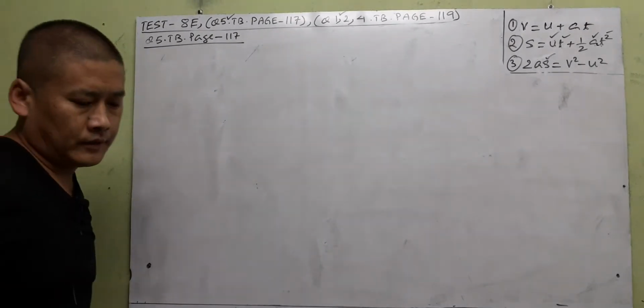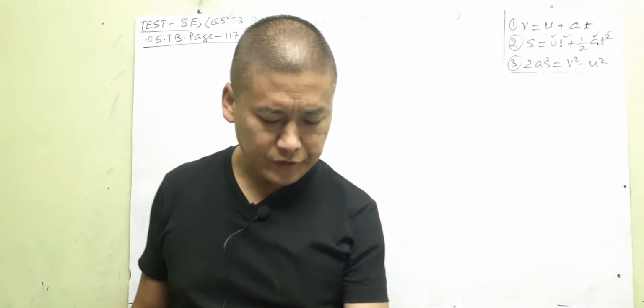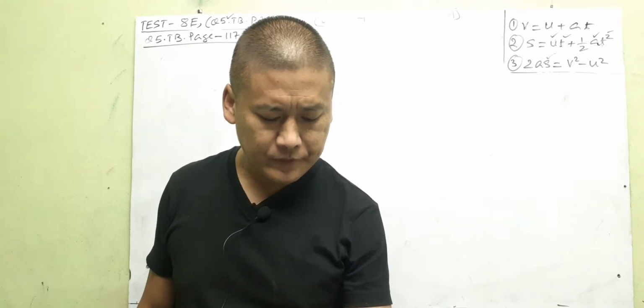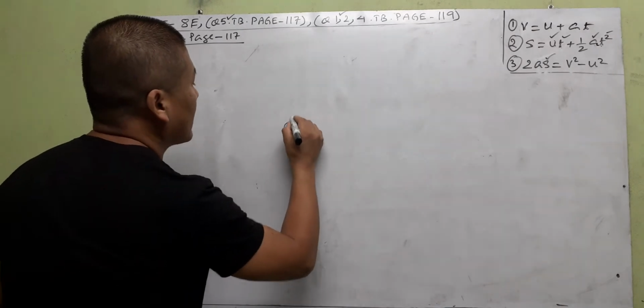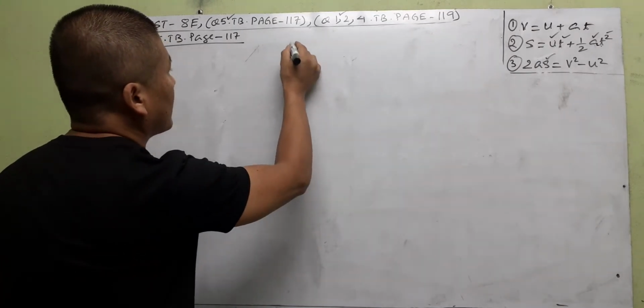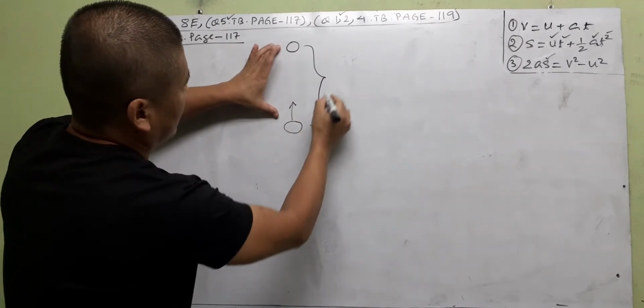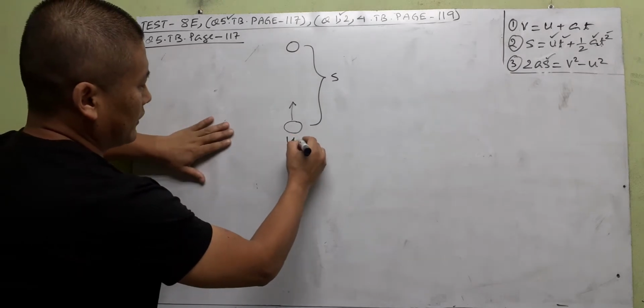Okay, so let's go and read the question. Let me read the question for us. A stone is thrown in a vertically upward direction with a velocity of 5 meters per second. That means there is a stone that has been thrown in this upward direction. Let us say it went to a maximum height, let us say S. Now it is thrown with an initial velocity of